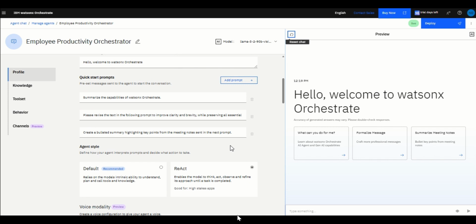We created an agent named Employee Productivity Orchestrator. Usually, when an employee logs in, he will check for the service notifications, Jira cards, all the mails that he received, all the meetings that are scheduled, and all the trackers, if there are any. By checking all these things, our morning is gone. Even then, we'll miss a lot of things and we're not sure what all the priority things are.